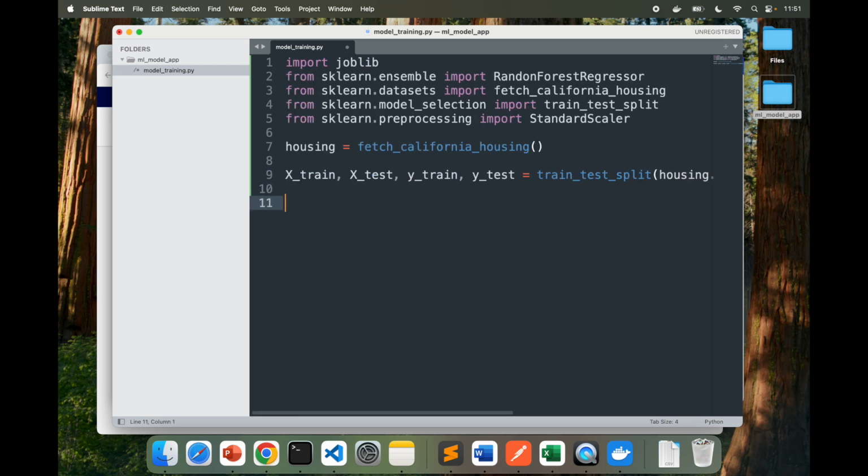Next, let's go into scaling the features.